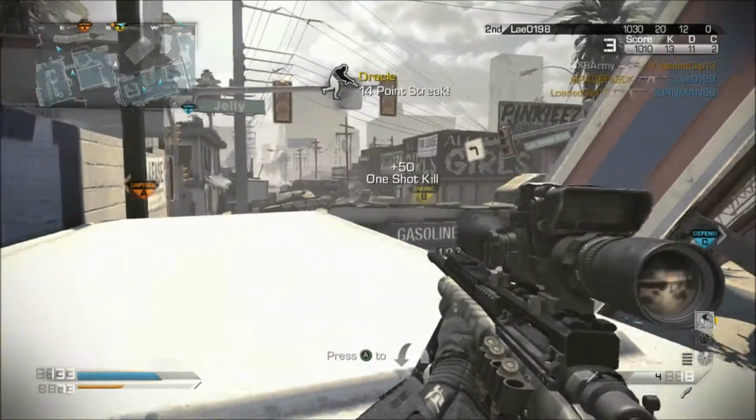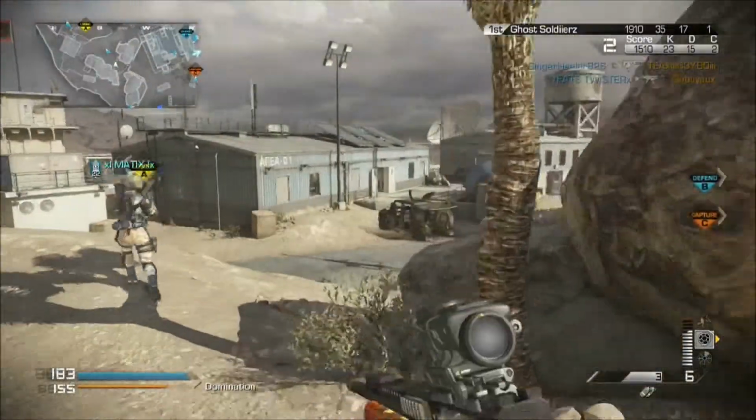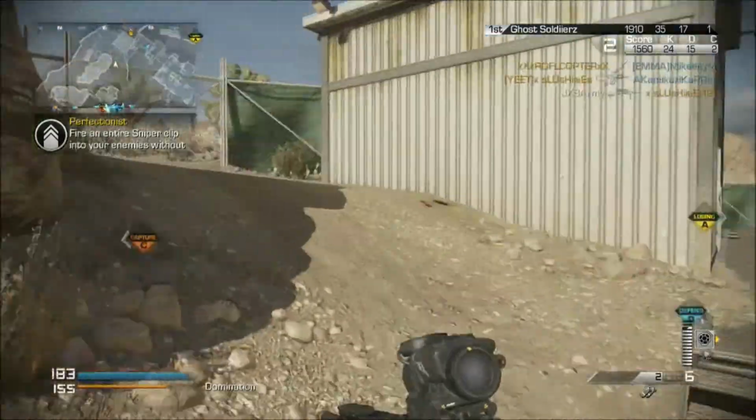The magazine size for the USR is 6 rounds. If you equip extended mags, this bumps the magazine size up to 9. The fire rate is a slow 51 rounds per minute. This fire rate is faster than the L115, however the reason why it is slow is due to the bolt action fire mode. The reload time for the USR is a slow 3.36 seconds or 4.03 seconds when the magazine